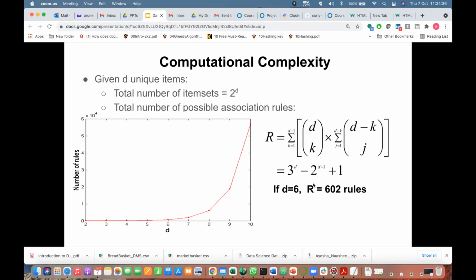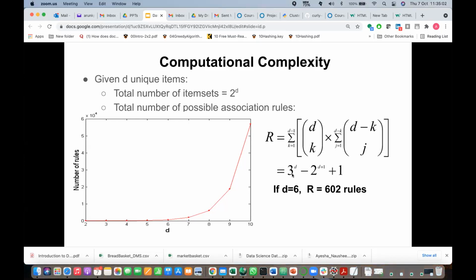So what this computation tells us is that it is not feasible most of the times. If the number d increases, then it becomes a highly complex problem with respect to time. So this brute force approach is not a feasible approach. The solution is possible, but the approach is not feasible. You understand? That's why we are saying this much complexity will come. Be careful to apply this brute force approach to find the association rules.